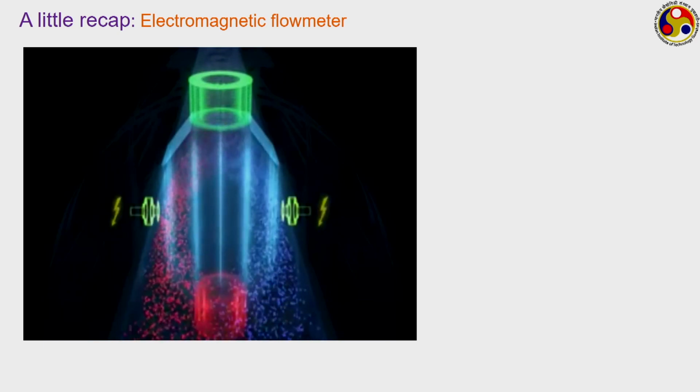we shall be able to sense this EMF, the potential difference between them. If we can measure that EMF using some processing circuitry, then we can get a direct measure of this volume flow rate, because the EMF that is being generated, like if V refers to the voltage being generated, that voltage has been found to be directly proportional to Q dot. And if we follow Faraday's law of electromagnetic induction,